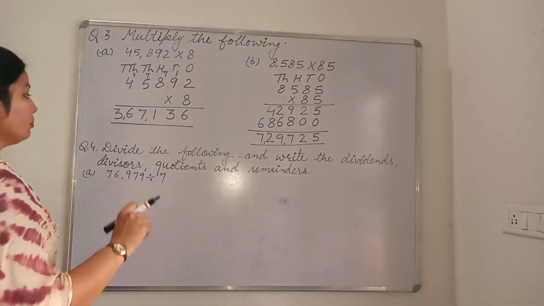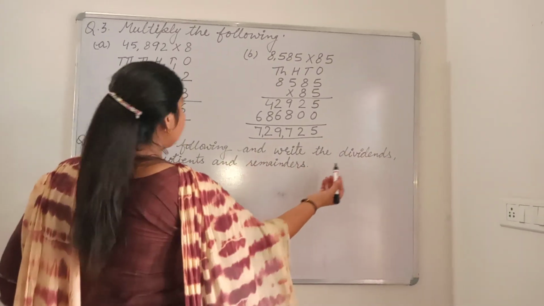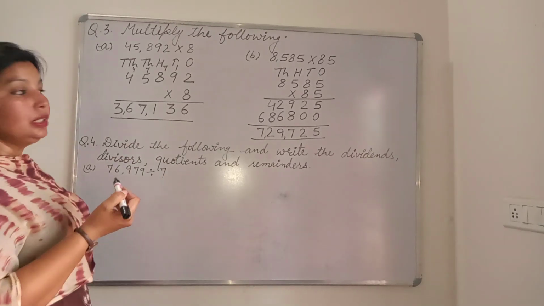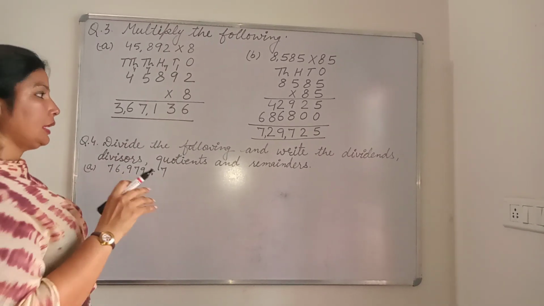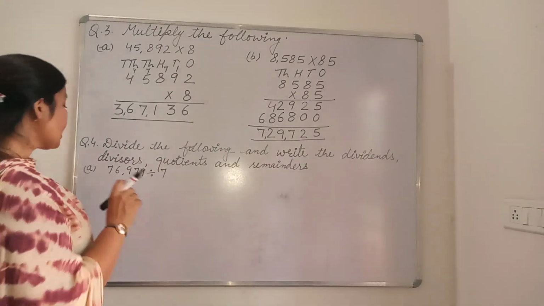Now next, question number 4. Divide the following and write the dividend, divisor, quotient and remainder. That everything you have to write. So what is the dividend? The number to be divided. Here is given a part,